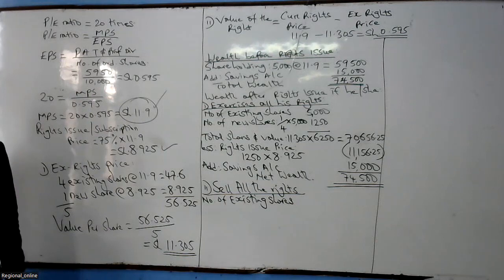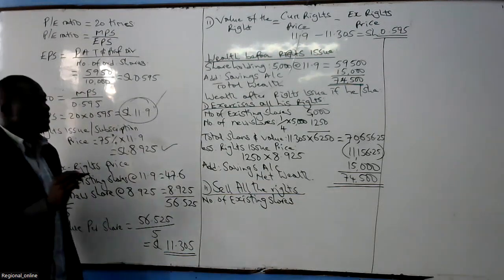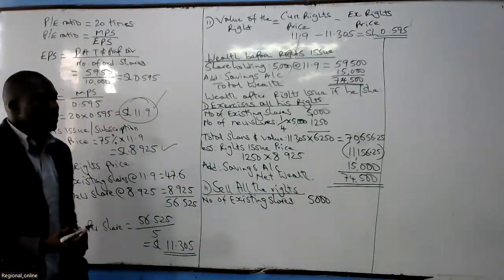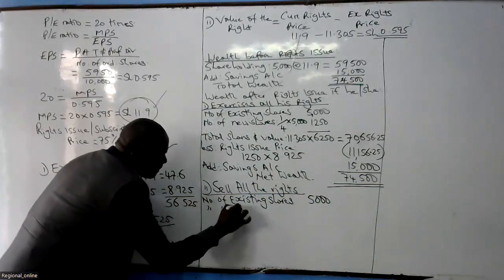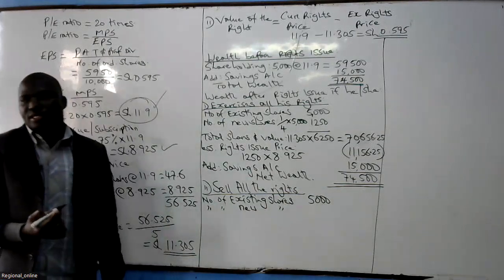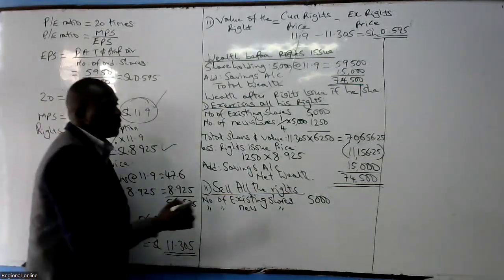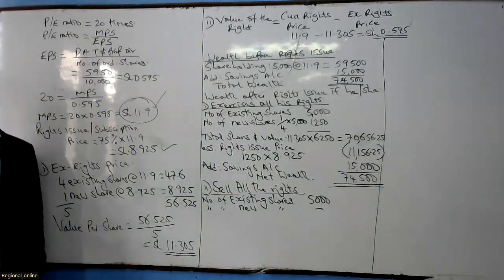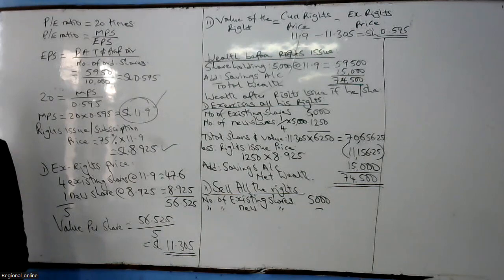But the ones you had, you will remain with them. What are his existing shares? It's 5K. Do you have the new shares? Will he get some new shares? How now? He sells. He's selling the rights. So instead of going in for the shares, he's transferring that power to get the new shares. And by the way,